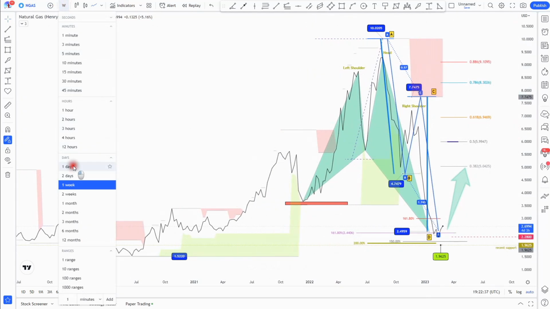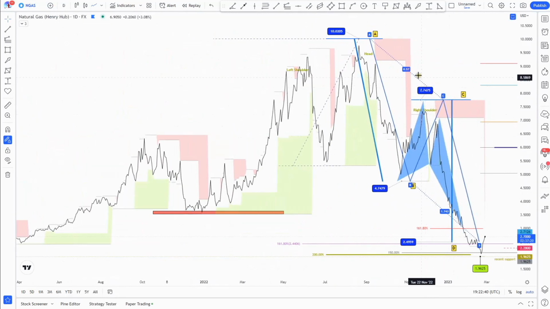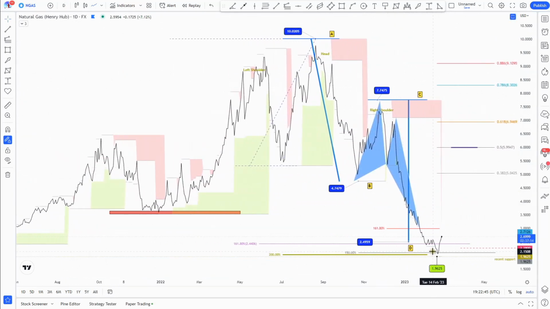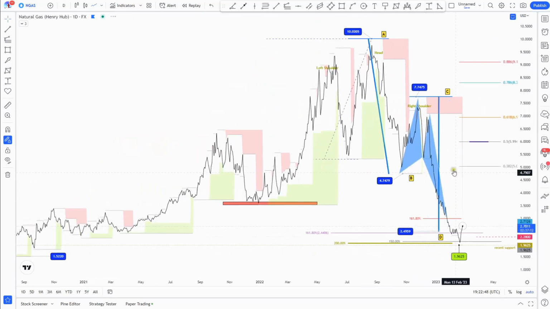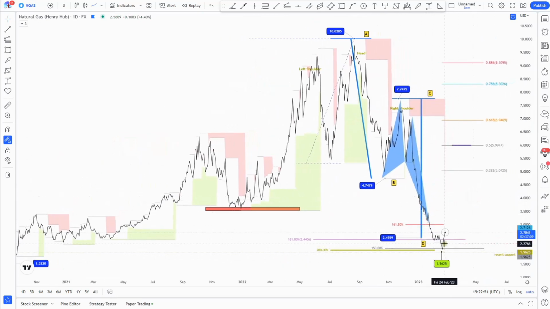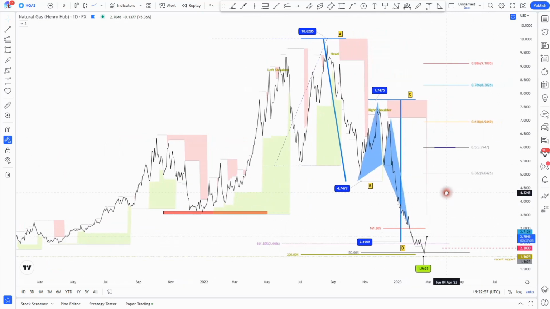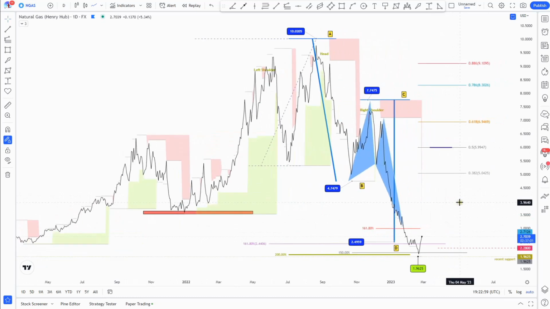I know that there were a lot of people already calling your attention to this or paying attention to this price zone, and for obvious reasons or for different reasons. But in my point of view, we have, at least, multiple patterns suggesting that potential bounce from this price zone for natural gas. So let's pay attention to copper and also the eventual larger or big bounce for natural gas from the current price zone.